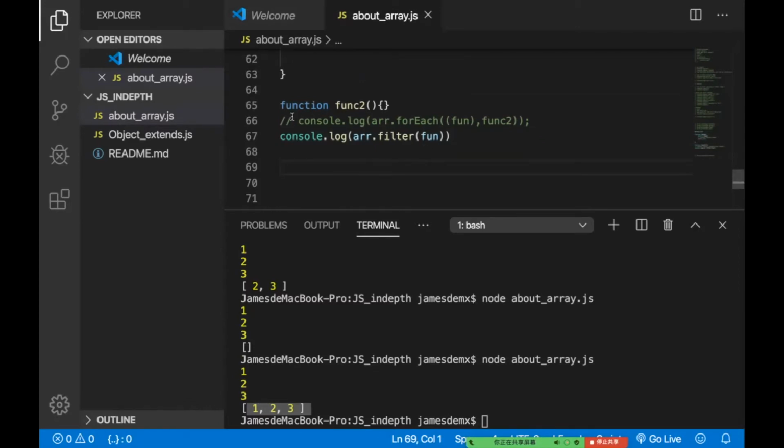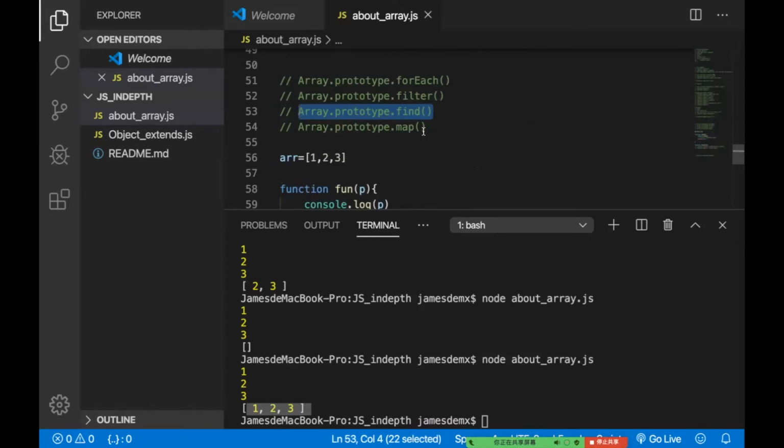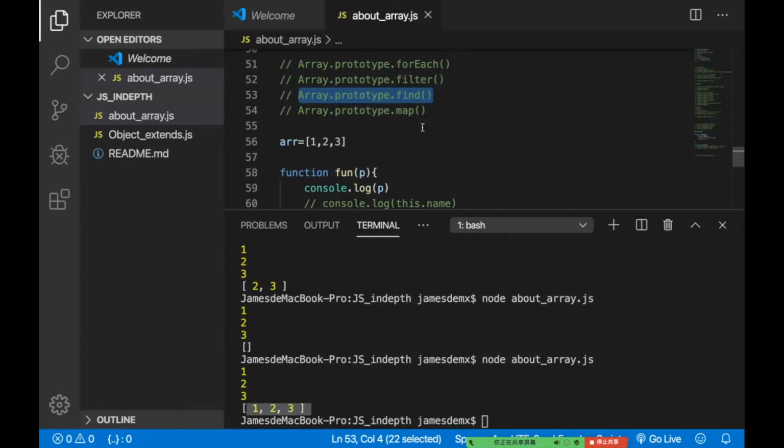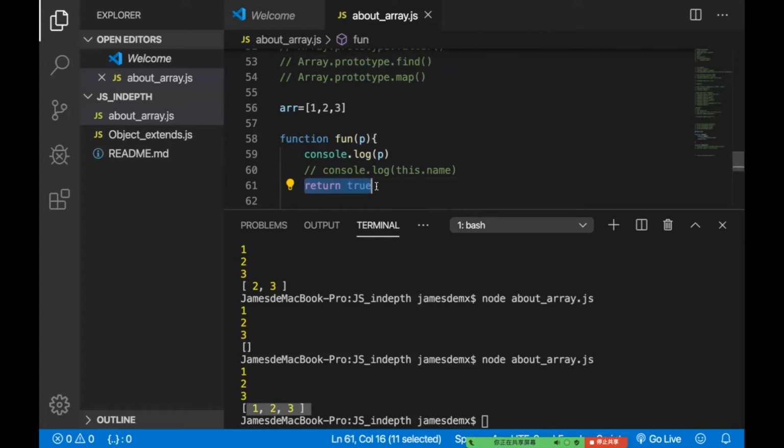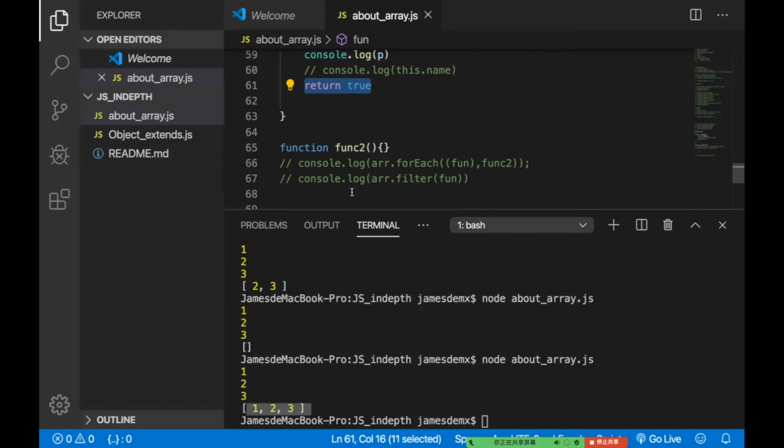And let's go to the third one. Filter and find is very similar. The find is just to return the first true value. Also, we have to have a return value here. And then if for the first time the return will be true, a Boolean will return a true, then the find will just return exactly the elements. So how to use it, for instance,